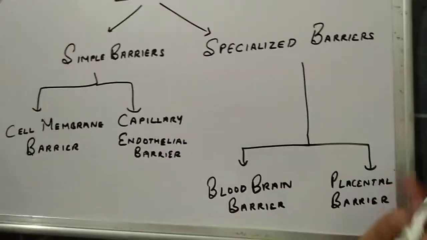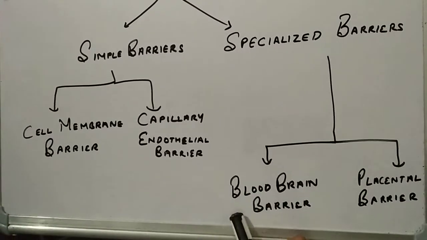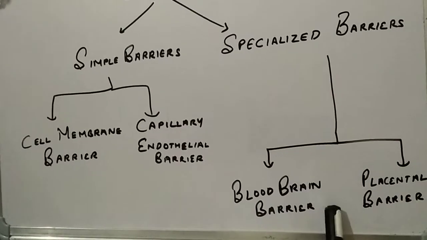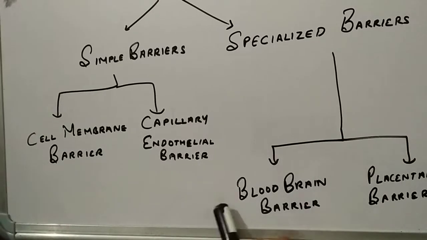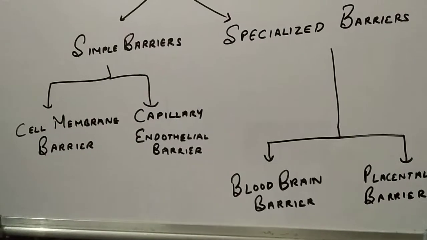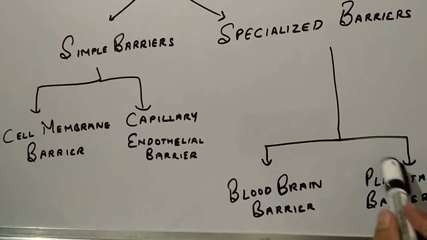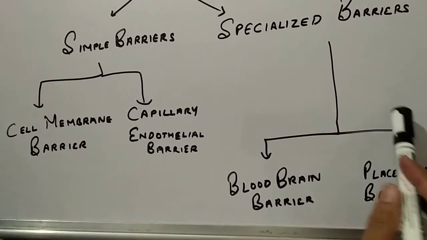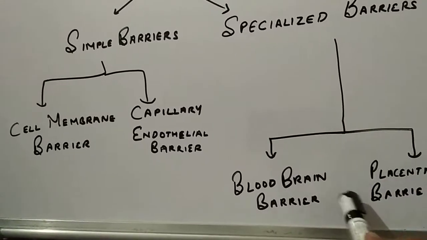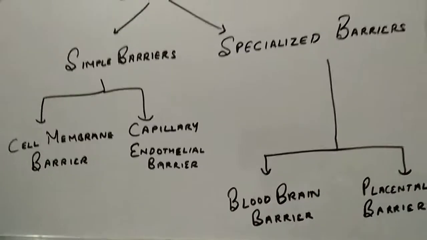Now, what are specialized barriers? These are present at various specialized organs like blood-brain barrier. It is always present in brain and it acts as a major barrier for movement of the drugs from the GIT or from the blood vessels to the brain. Now, second one is the placental barrier. What is placental barrier? It is present across the placenta in case of pregnant women, and it also acts as a barrier for the movement of the drug from the mother to the fetus. So these are various types of barriers.